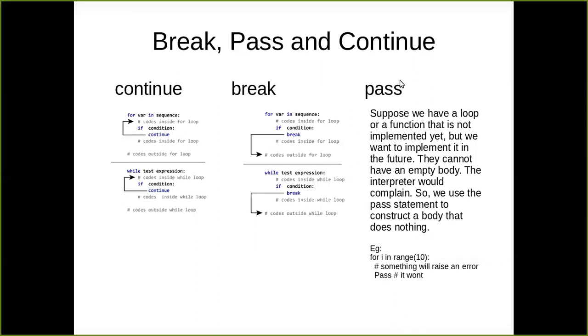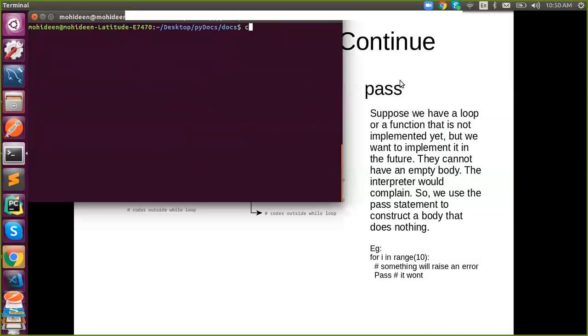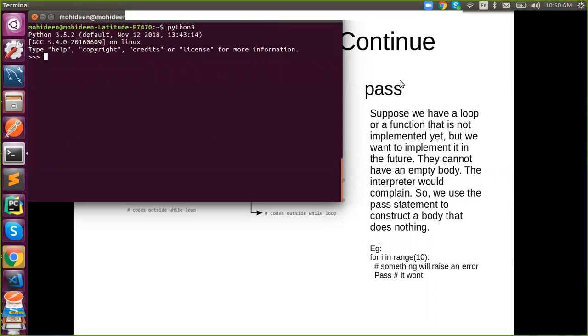Let's start with pass. Pass is a reserved keyword. Where are we using pass? When you're writing an if condition, once you say colon, the next line should be indented, and you need to start writing. Now you are in development and you have not started anything yet. Someone from the second shift is going to execute your program. What happens if you keep it as it is?